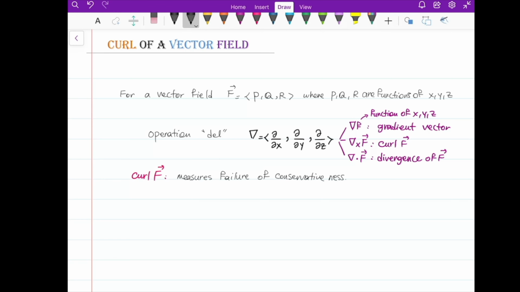Okay, so if you remember, we say that a vector field is conservative if F is the gradient of a function. So let's see what it means. First, let me define the curl of F for just a vector field in a plane. So for a plane vector field,